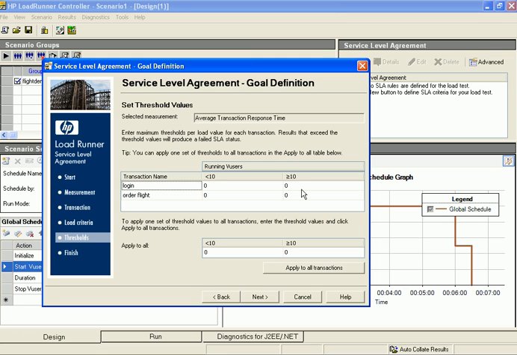When there are less than 10 running vusers, the transaction response time should not exceed 10 seconds. And when there are 10 or more running vusers, the transaction response time should not exceed 20 seconds. Since we are setting the same threshold value for both transactions, we can fill in the values in the table